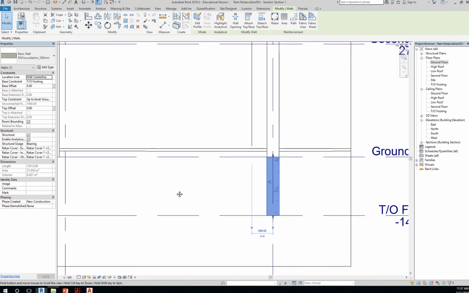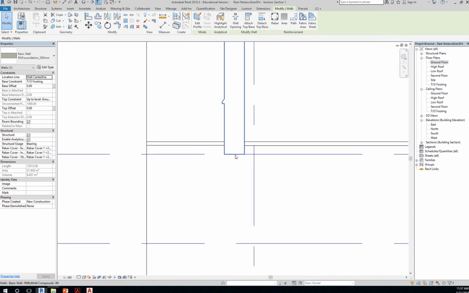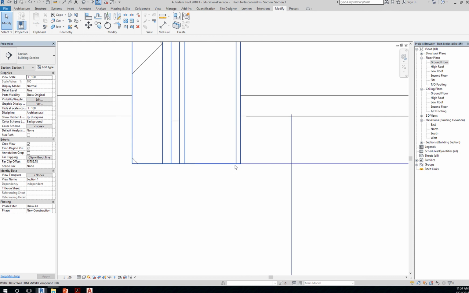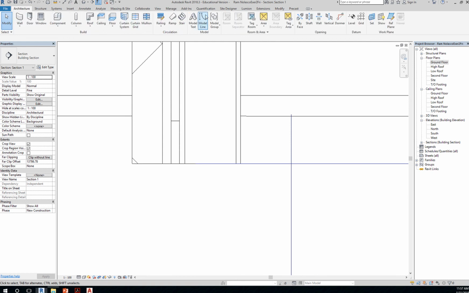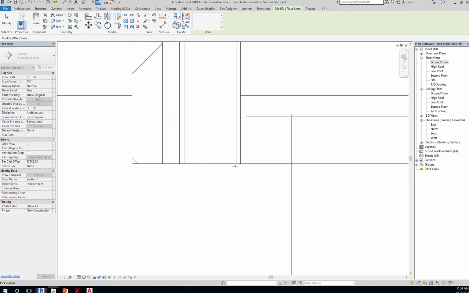Now, I want you to figure out what the offset is. Let's turn this to fine detail level. You normally place your footing or foundation starting from your core, right? So this is 300, this is more than 300. So what should your offset be? If I add a line, so that your foundation will start here, what's your offset? So kindly figure that out. I'll go around to